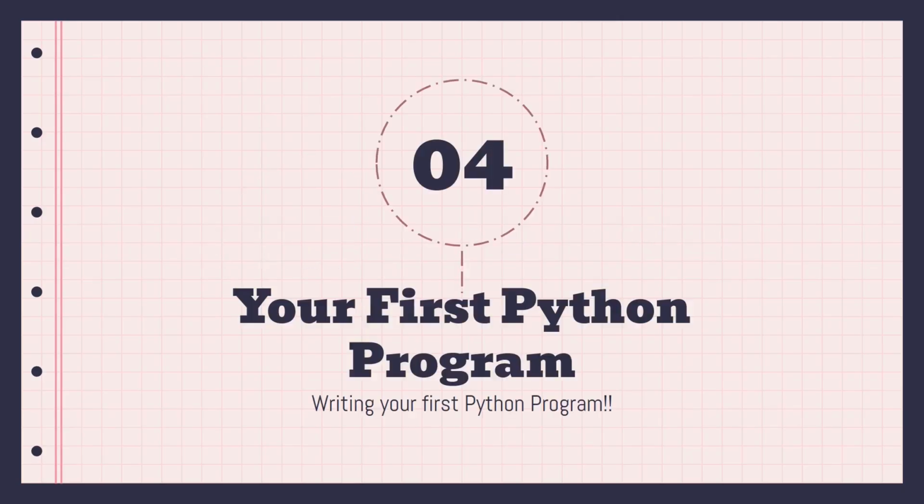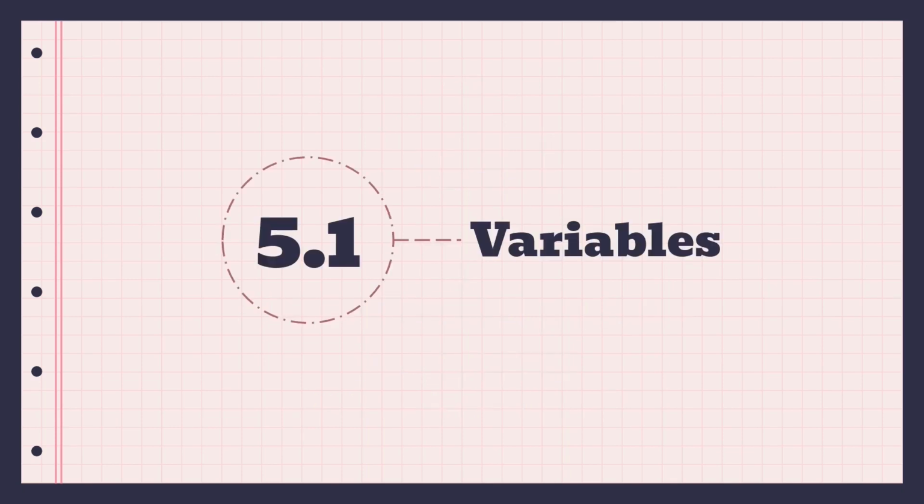Now that you have learned how to install Python and written our first Python program, it just prints hello world and everything works as we expect it to. In the next tutorial, we're going to cover variables and begin learning the fundamentals of programming. We'll learn what variables are, how to store data in a program, and write computer programs that can store data in the computer's memory and all of that. I don't want to bore you with all the details of what you're going to be covering. Just know that you're going to be covering variables, and they help us store information in the computer's memory and stuff like that.